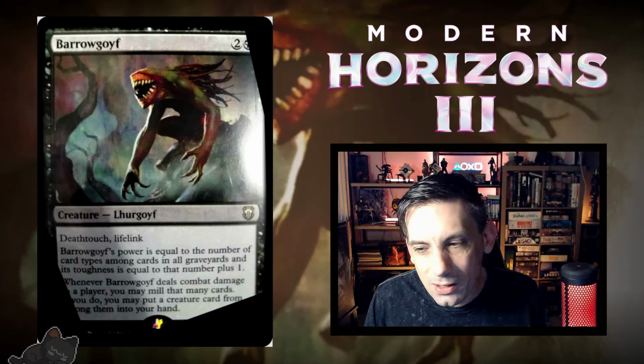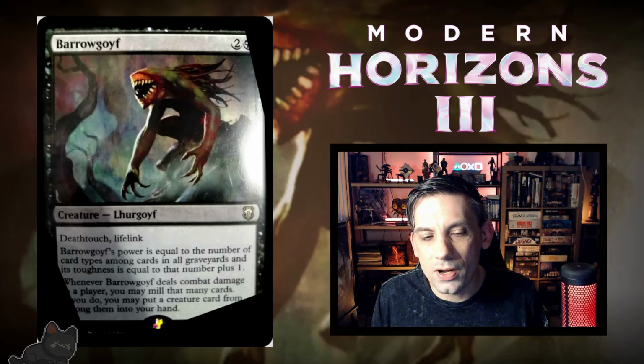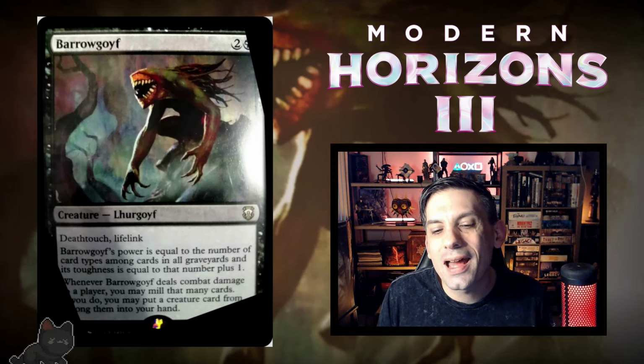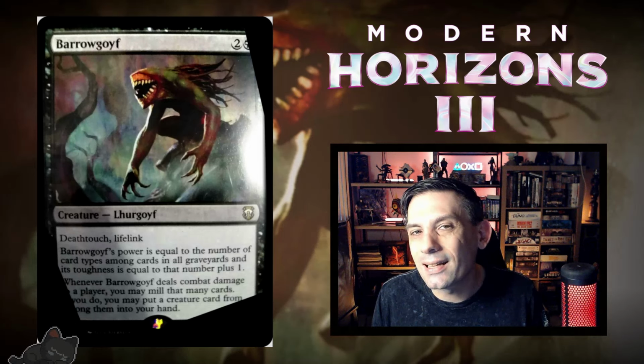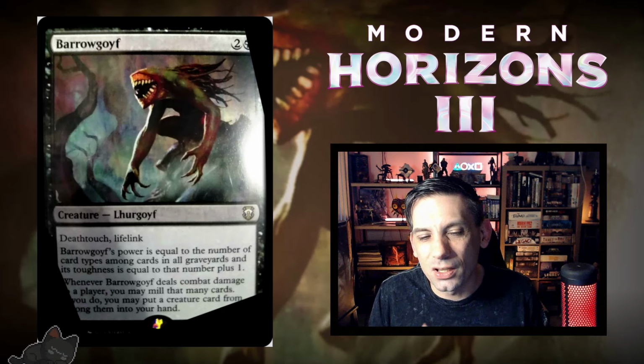We don't know how big it is, but I'm going to assume the text is going to tell us how big it is. It's probably a 4-mana creature. I think the mana cost is 2 black and 2. It has Deathtouch and Lifelink, and its power is equal to the number of card types among cards in all graveyards, and its toughness is equal to that number +1. So it's basically like a Tarmogoyf, except it probably costs 4 mana and has Deathtouch and Lifelink, which is